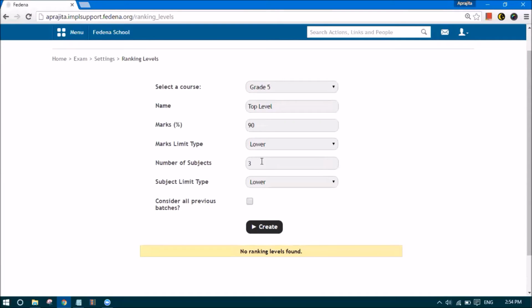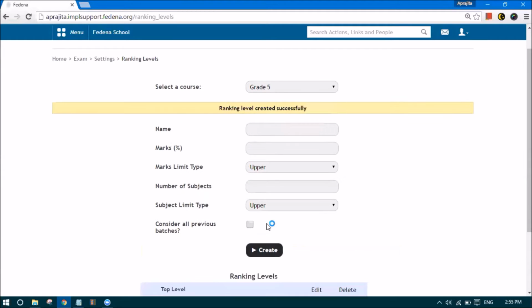So in that case, if you check this option, this criteria will also take into account the subjects and the marks of the previous batch in the same course. That will only happen if the student has failed, because the student will remain in the same course only if he has failed. Otherwise, he would be a part of a different course, in this case, grade 6.